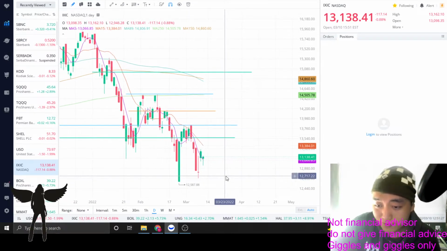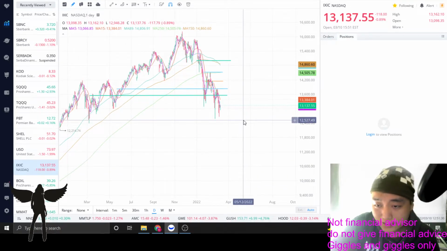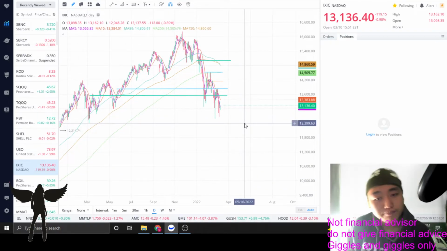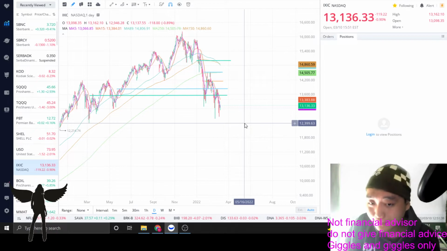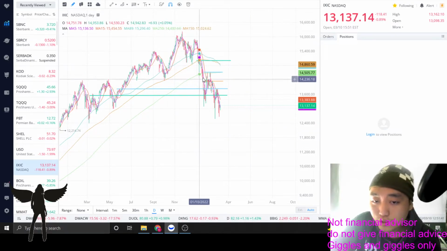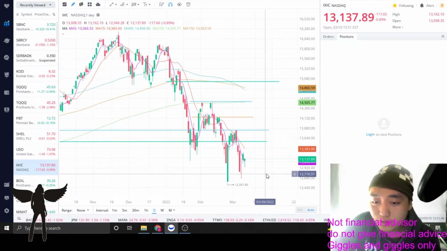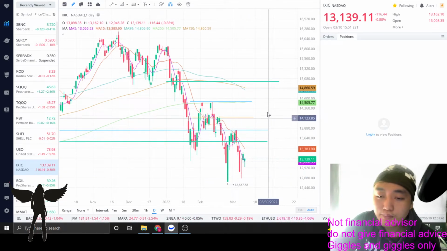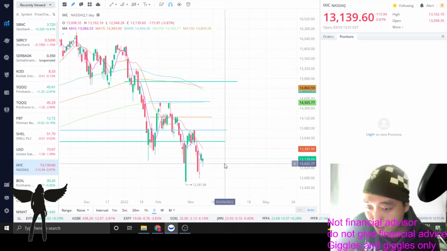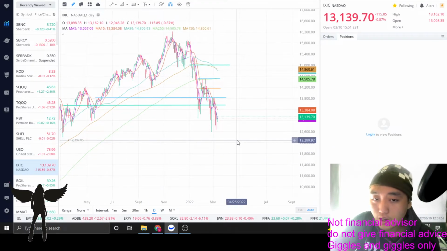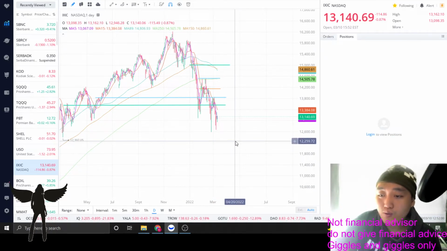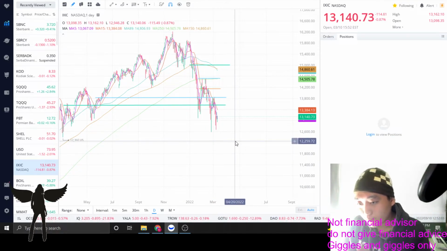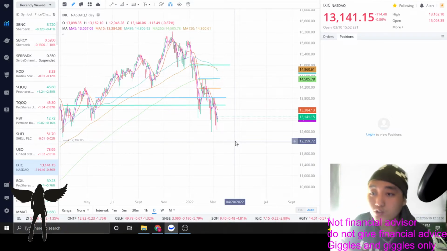It will go under the bound, and we will see a further drawback on the Nasdaq to at least 12,300. And then when it reaches the 12,300 line, it will probably bounce back up again. Okay, but generally speaking, the trend is we will see huge volatility within this range, but the market will still go down until it reaches an equilibrium point, which is probably not going to be until about the week of March 25th. And then we will see a turnover point or potential turnover point leading towards April.